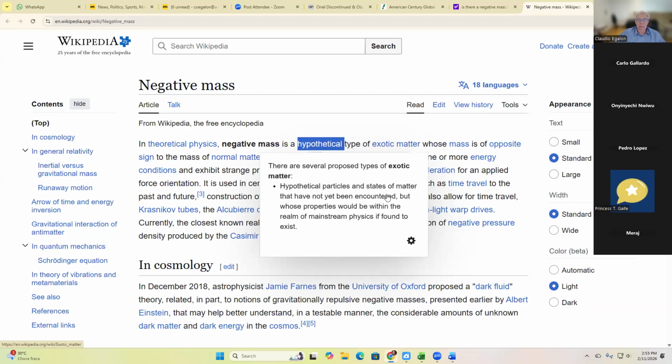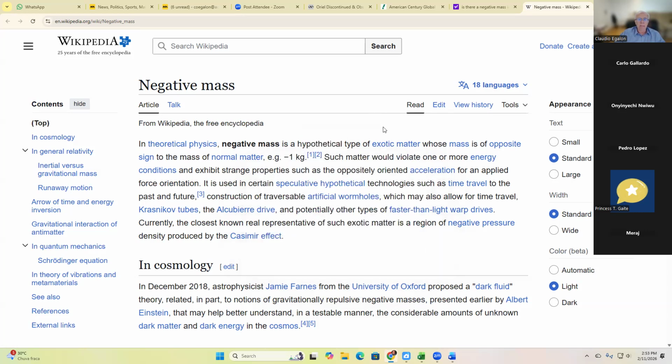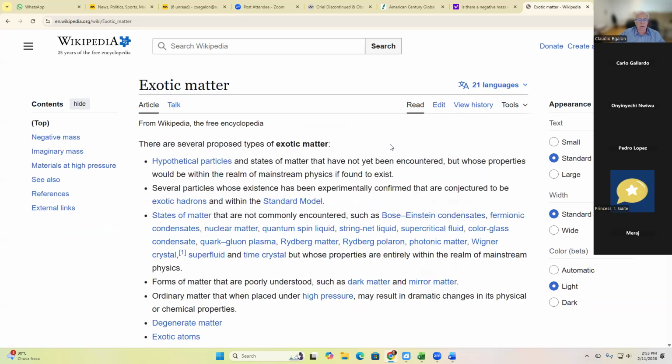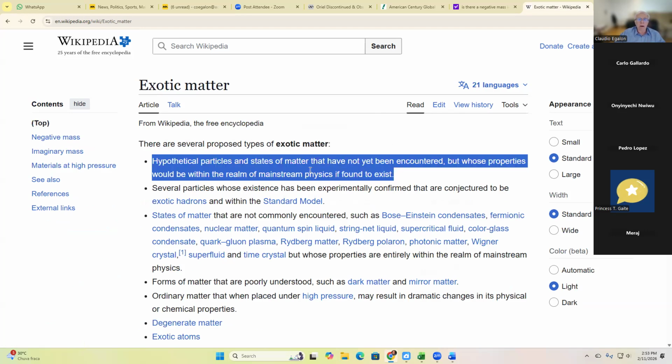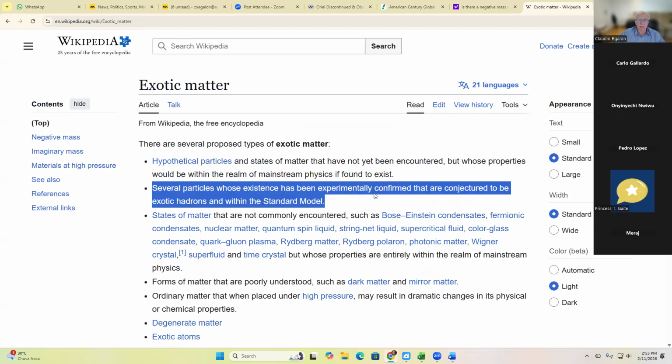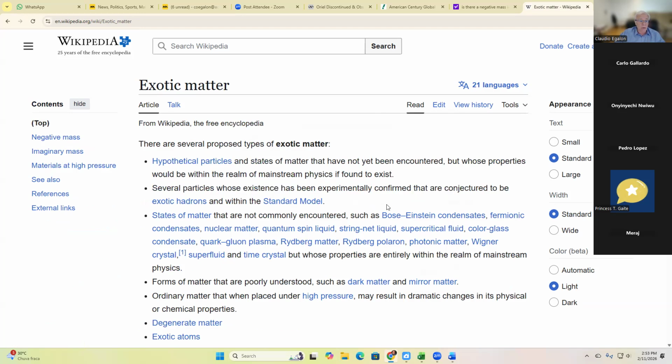experimentally. Okay, so we are safe to say that negative mass does not exist, but its properties would be within the realm of mainstream physics if found to exist. That would be the type of exotic matter. Let's take a look here. Hypothetical state of matter have not yet been encountered. Several particles whose existence has been experimentally confirmed that are conjectured to be exotic hadrons and within the